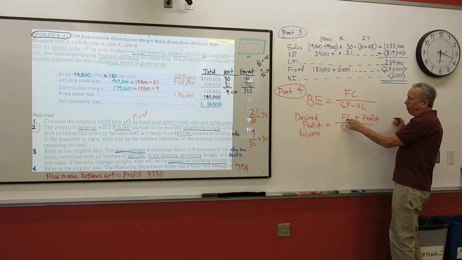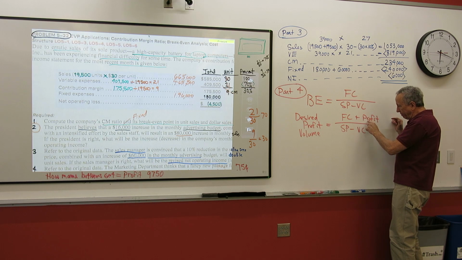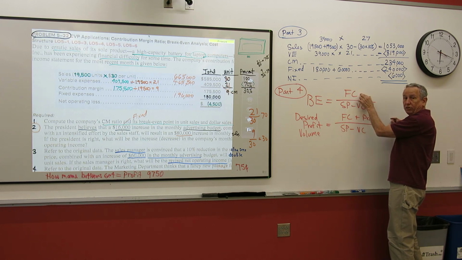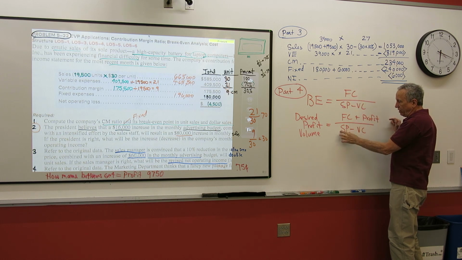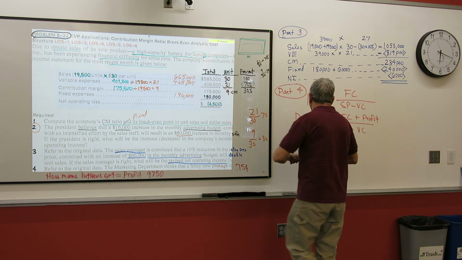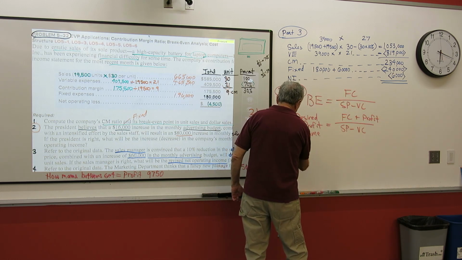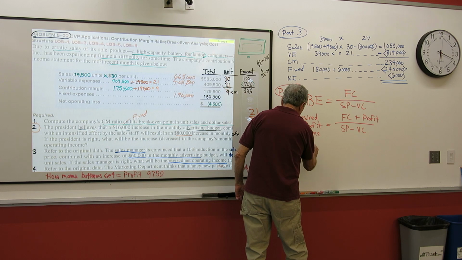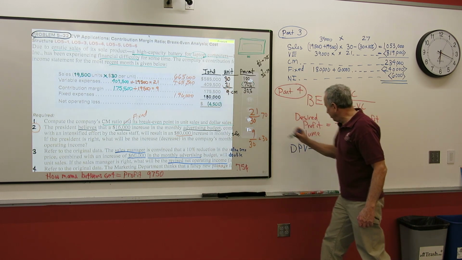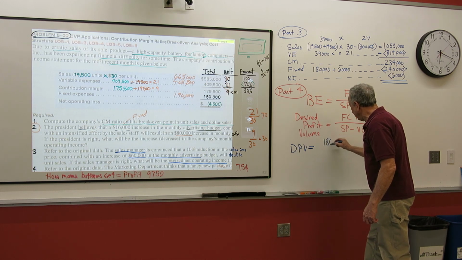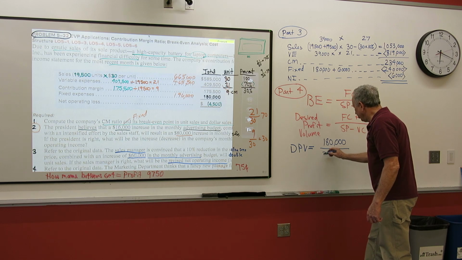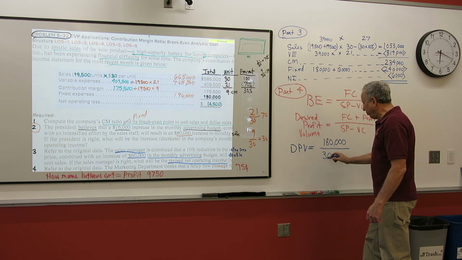It still is fixed cost. You still need to cover your fixed cost, but you also want a profit. The only thing you're going to do is add money up in the numerator for profit. It's still selling price minus variable costs, and if we do that, again, let's do it: desired profit volume is equal to fixed costs of $180,000 divided by a selling price. They're still going to sell these for $30 each.